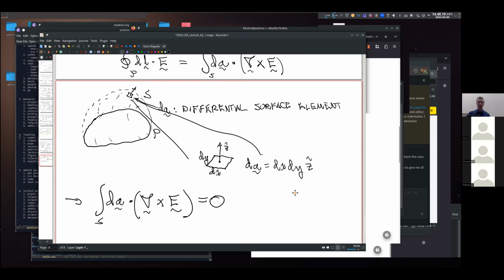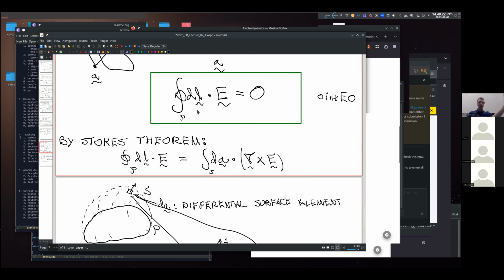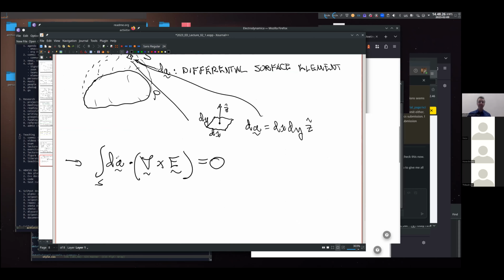Because that's what we have, right? We just applied Stokes's theorem to this identity here. So I'm rewriting exactly the same equation in terms of value on the left-hand side. However, since this holds